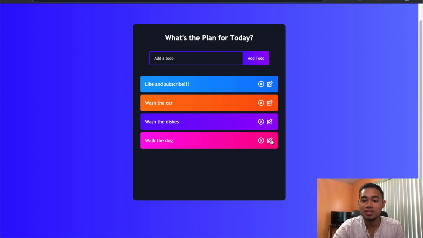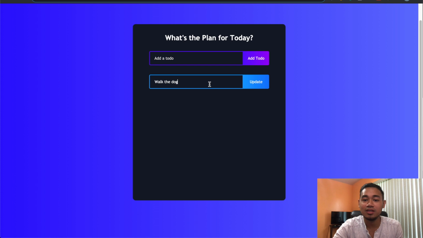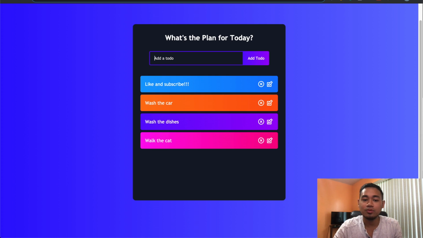So let's say instead of walking the dog, I click on the edit button. It auto focuses too, which is pretty cool, so I don't actually have to click into the form. I can just start typing. Let's just say walk the cat, and then I just press enter. And boom. So pretty simple, nothing too fancy, a typical to-do app, but I made it with React and React hooks,